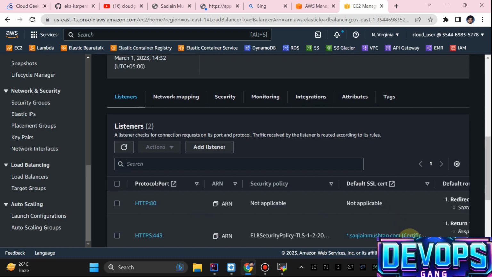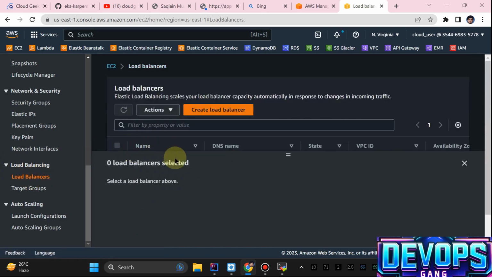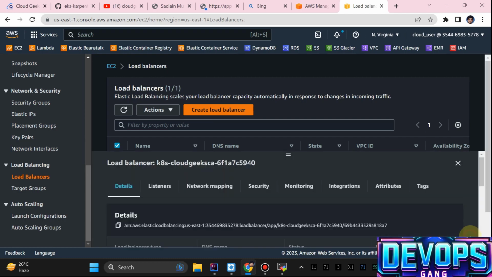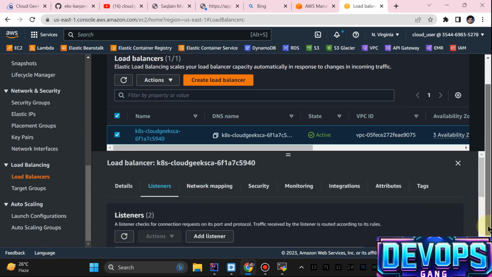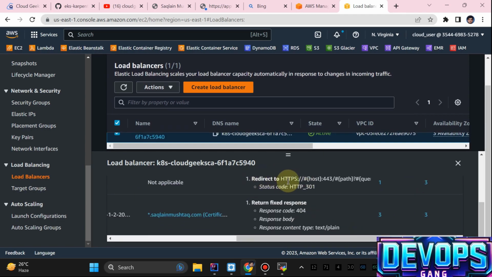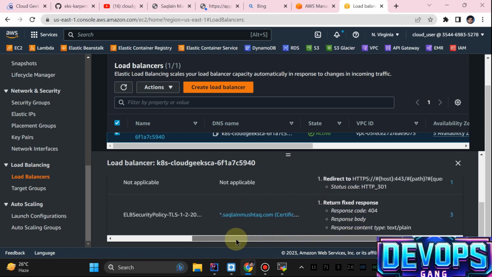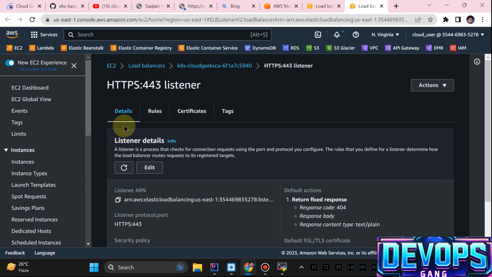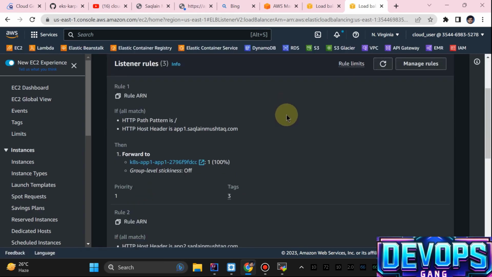So if I navigate to the load balancer, click this, listener. So guys, this is the redirection rule, and this is the other rule. Simply, if I click this, you will see the rules, which are going to be automatically populated. And if I navigate to the rules section,